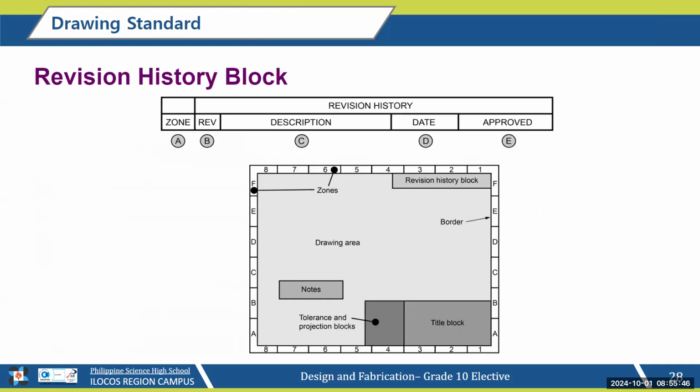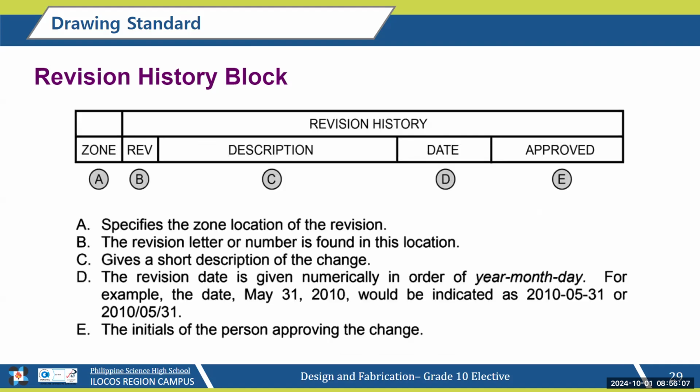We also have the revision history block, which is used to track changes or revisions made to an engineering drawing. Typically, this is found in the upper right corner of our blueprints. So here's what each part of the block represents. You have A, the zone, which specifies the location of the revision on the drawing.